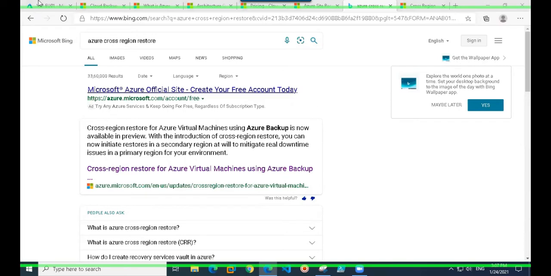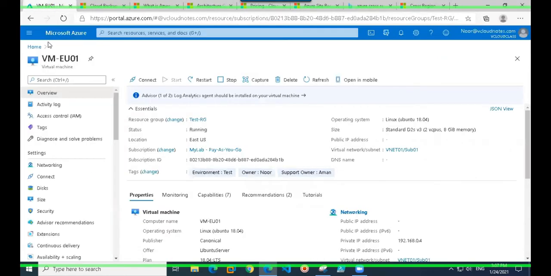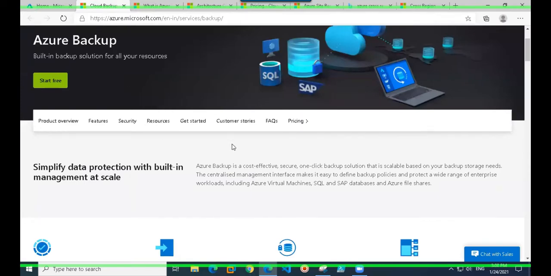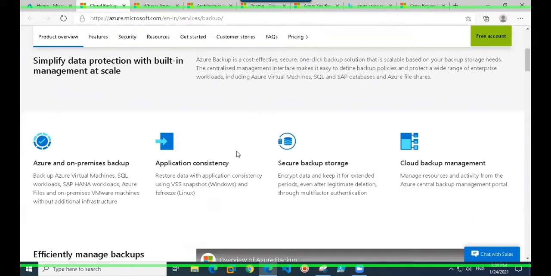Okay, good. Before I start the practical session, I want to cover a few things. I would refer you to the Microsoft Azure Backup documentation. Visit there, have a look at what features are available with Azure Backup. Primarily, it can support your Azure environment VMs and SQL servers, as well as your on-prem backups. Listed as supported are virtual machines, SQL workload, SAP HANA workload, and files.